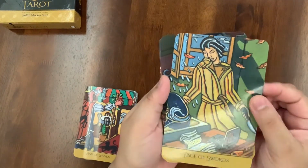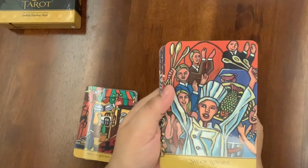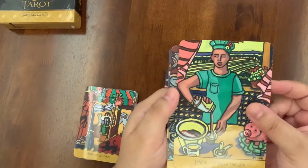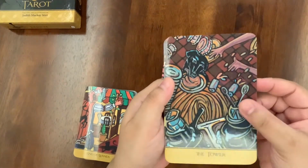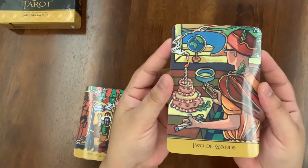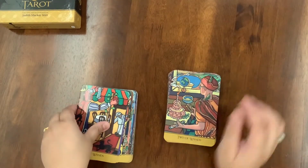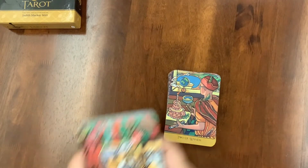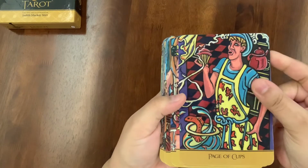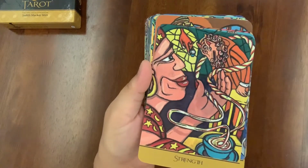the Page of Swords, the Nine of Swords, the Six of Wands, Victory, the Devil, the Page of Pentacles, the Tower, a mess, everything falling apart in the kitchen. The Two of Wands, inspired to take that plunge. Let me just pick these up. The Eight of Wands, sorry, the King, the Page of Cups, the Strength,